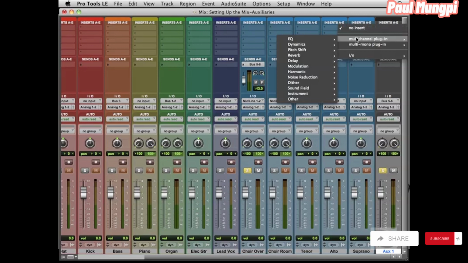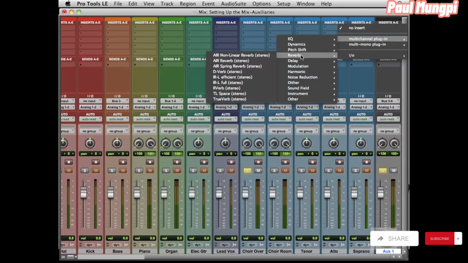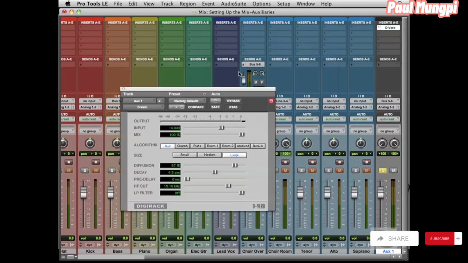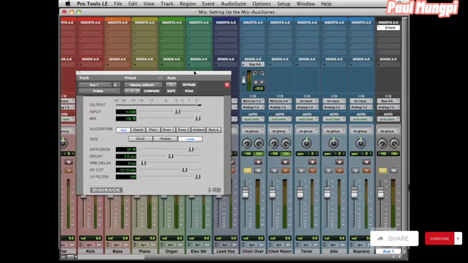So this is where it gets kind of confusing, because we're doing an auxiliary send and return, but we have to use an insert to get the plug-in inserted in the signal path. And so we're going to use our little D-Verb here. And the difference now is we're going to keep it 100% wet instead of just using it as a regular insert, because we're going to keep all of our dry signal right here in this track and our wet signal over here. So now watch what happens